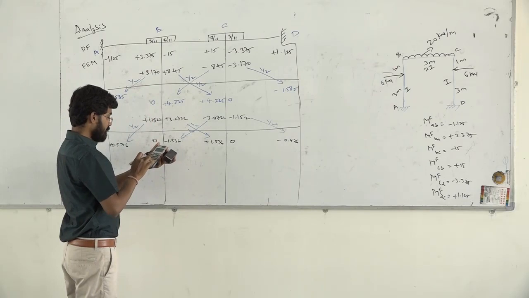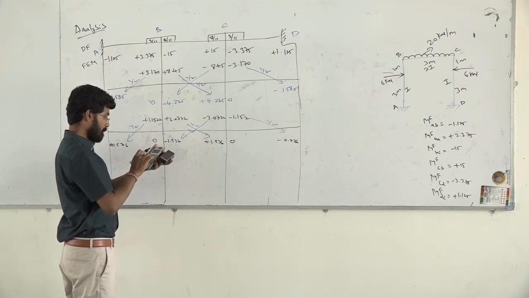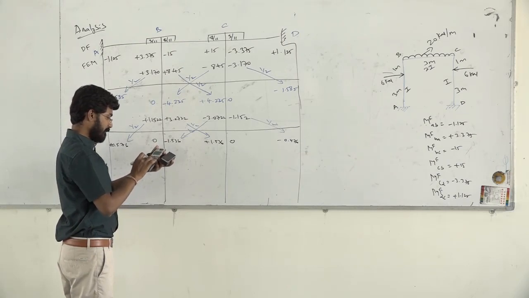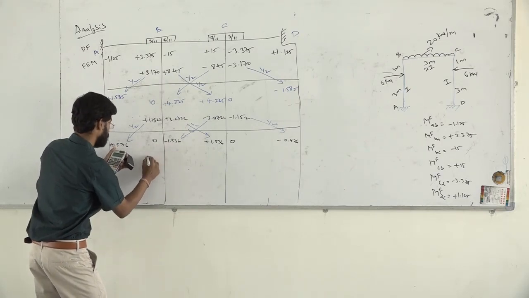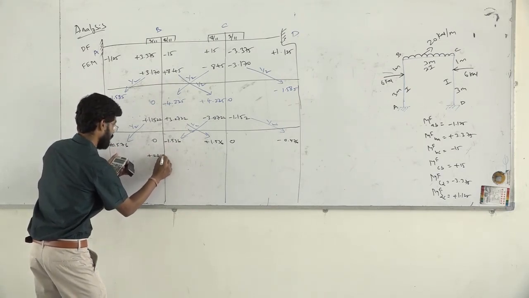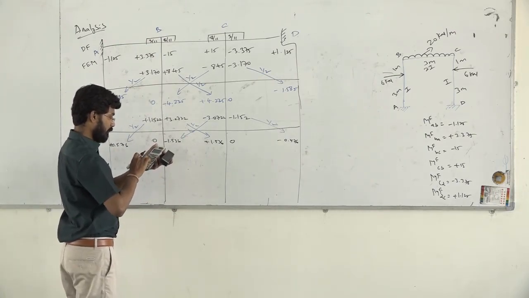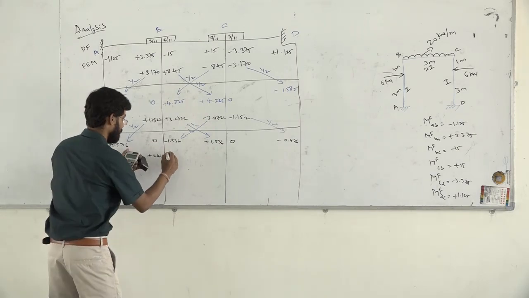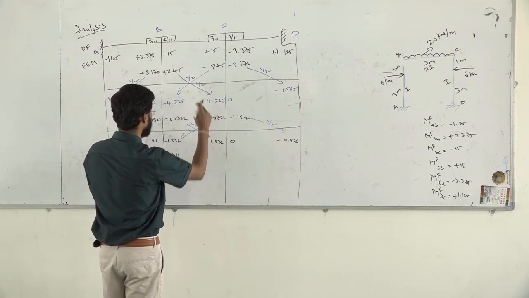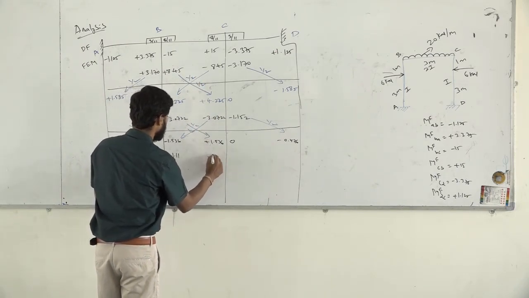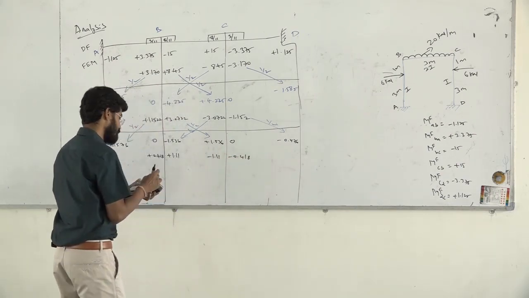1.536 into 3 divided by 11. Now if you do 3 divided by 11, I have got an answer as plus 0.418. Now here you have to multiply with 8 by 11. So if you multiply 8 by 11, we will get plus 1.11. Similarly here, if you multiply with this one, we will get minus 1.11. Here we will get minus 0.418.